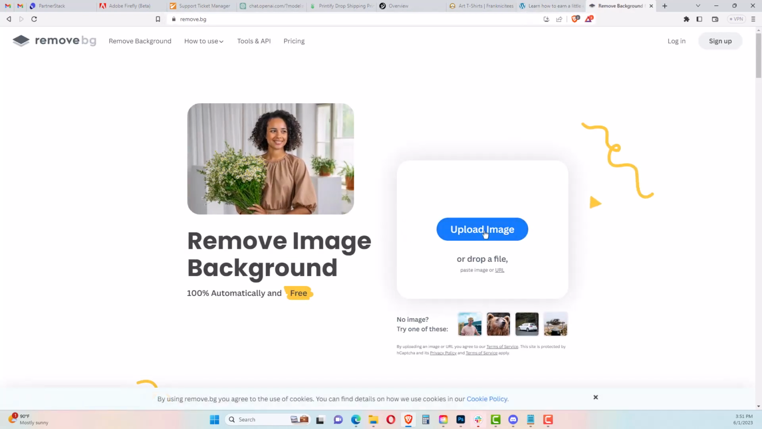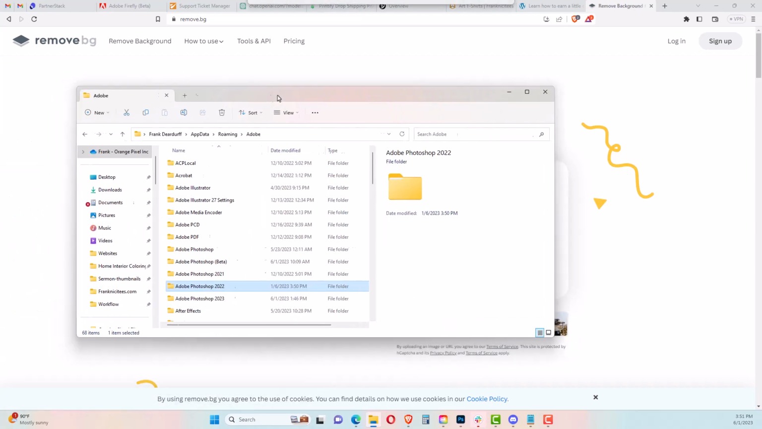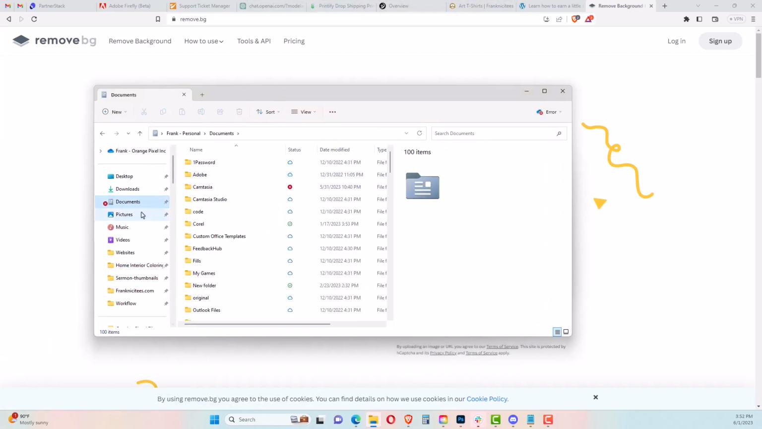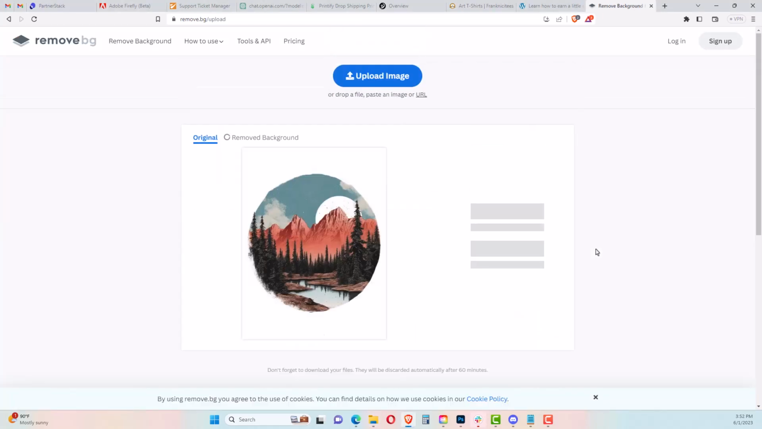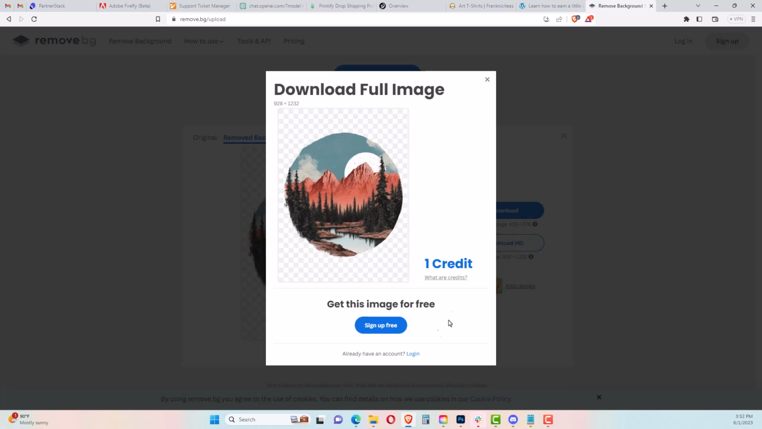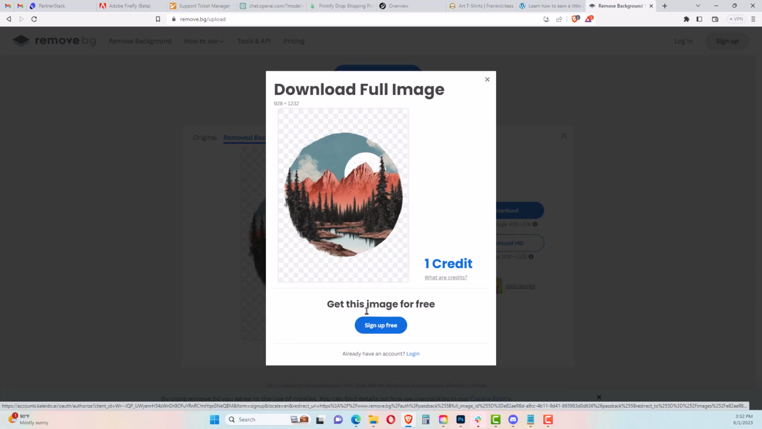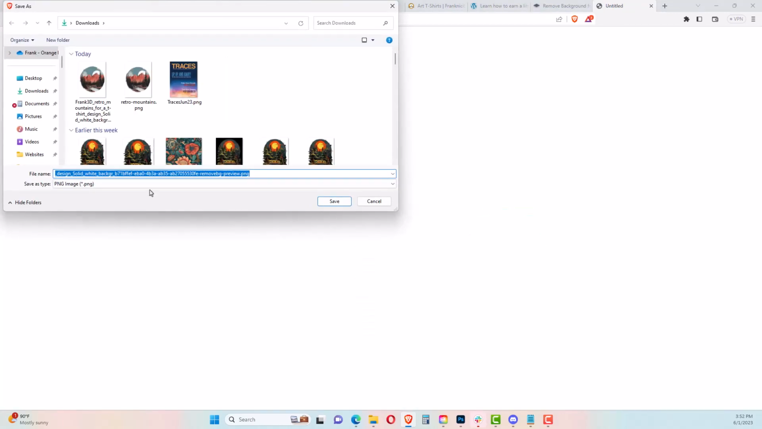It's going to bring this up here. We can upload an image. So what I could actually do is I'll open up my folder here, and of course it's on the other screen again, and oops, downloads. So we're going to go to this one here and just drop it on the screen, and it's going to remove the background for us. And you see it's showing this checkerboard pattern, and that's just showing us that it has removed the background. So we're going to, I think if we hit download HD, it's going to ask for credits, so you could sign up for free and get this image free, but we're going to do it a different way. I'm just going to download it as is,